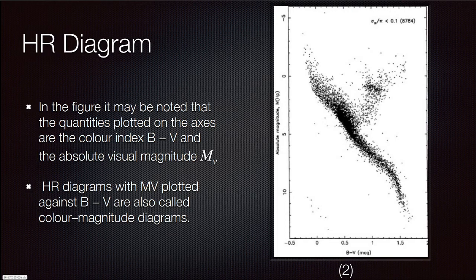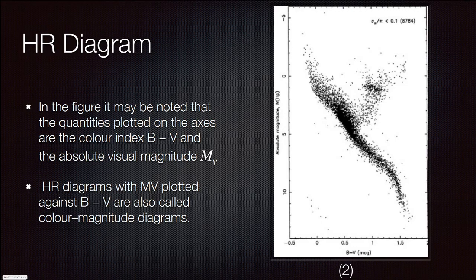Stars lying on the right side of the diagram are reddish in color, whereas the stars lying on the left side are bluish in color. Most of the stars, as we can see, are located in a dense structure in a straight line. If you draw a median, we could conclude that most of the stars are in this area. That area we call the diagonal strip, or the main sequence.